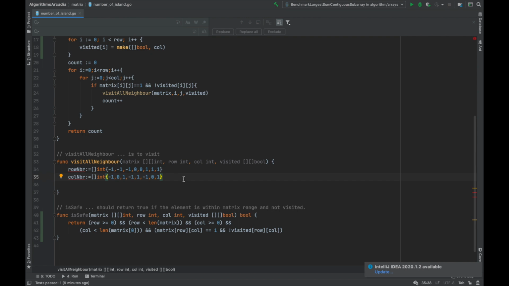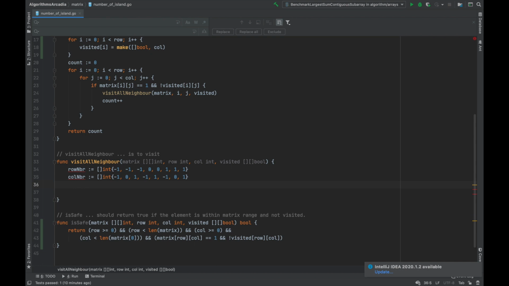So these are my possible neighbors: minus 1 minus 1, minus 1 0, minus 1 1, 0 minus 1, 0 1, and so on. Why are we doing it this way? Let's say the initial question was just to find horizontal and vertical connections. Then my test case would change to 4 neighboring elements: top, bottom, left and right. But if people keep on adding what could be counted as connected, we can just add it to these numbers and solve it in one go.